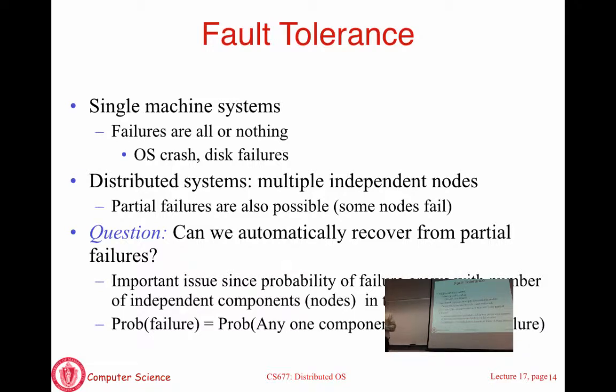So we are going to start slow. I'm going to define what kinds of faults exist and give you some very simple ideas on how replication can help you overcome faults. And next time we are going to look in a fair amount of detail at how to get agreement in the presence of faults, all of these important problems of how to recover from faults. So we'll start with some basics.